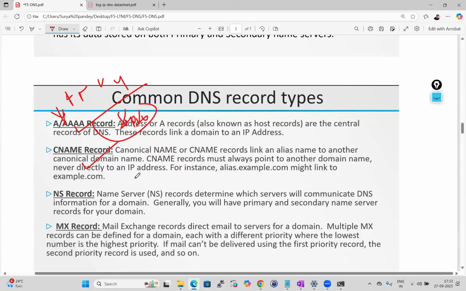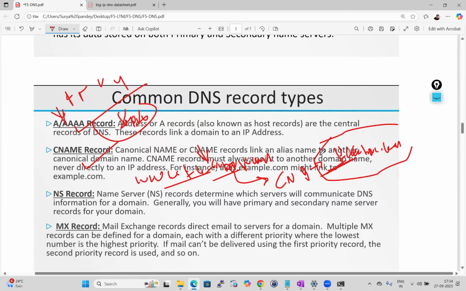For example, any user is trying to access www.facebook.com. On DNS, we define that if anyone tries to access this, please point this to this CNAME. Maybe let's consider facebook.com. So the user is requesting to access this application, but the actual query is handled by this. So with the help of CNAME, this query will come to, maybe in our case,